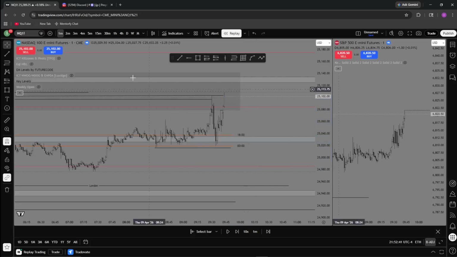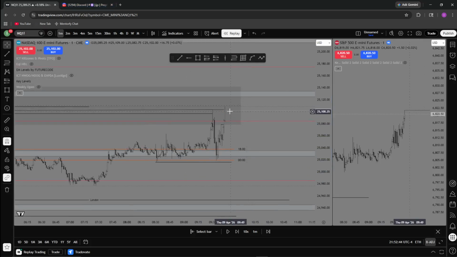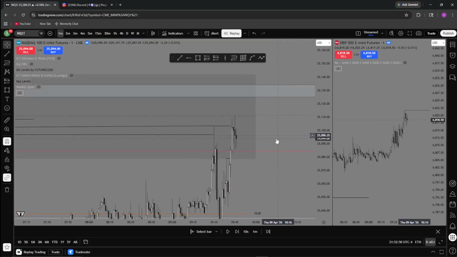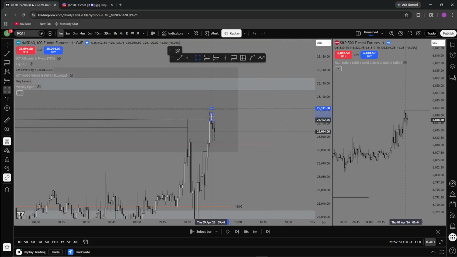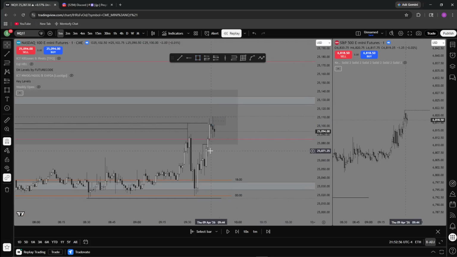And then we ended up hitting the 110 level, which is the one that I was looking at pre-market. Boom, right there, and we put in this 1-minute RV. And now this is where I was hesitating. I had just taken a loss, so I wasn't really too sure about taking another trade.